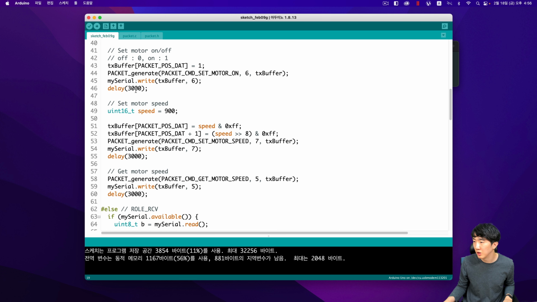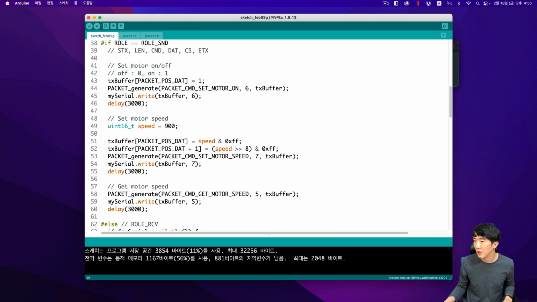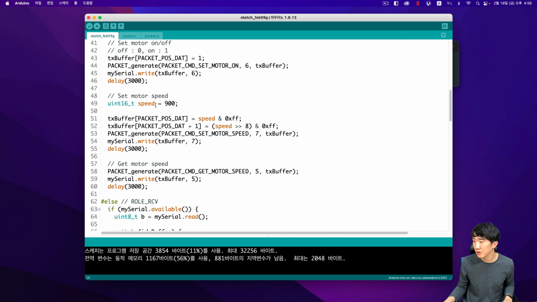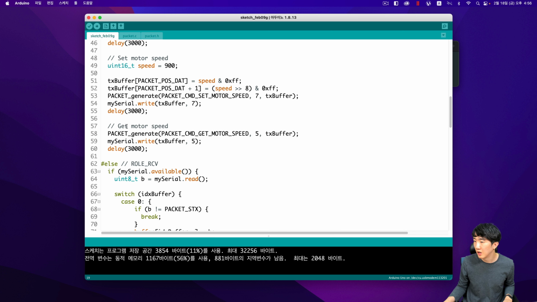3 seconds, with the first one being, I have set up the packet to turn the motor on and off, and the second part is related to speed, which corresponds to 16 bits. This is split into 2 bytes for transmission. Next, for the gap motor speed, the center will need to receive and pass the data later. When the gap motor speed is set, the receiver will echo back the speed packet, allowing us to confirm the